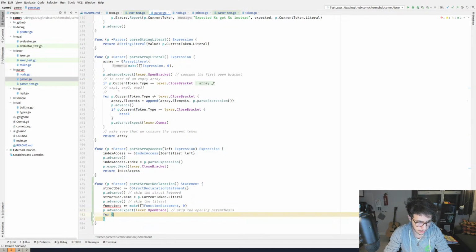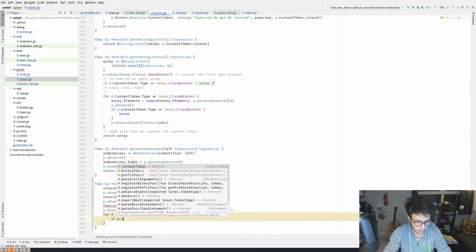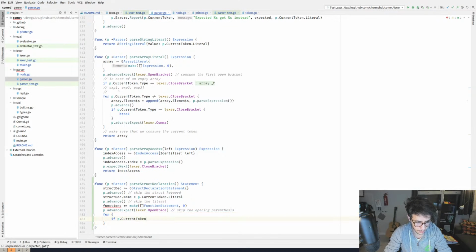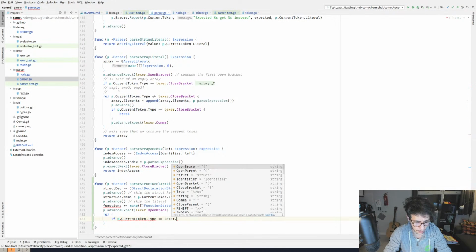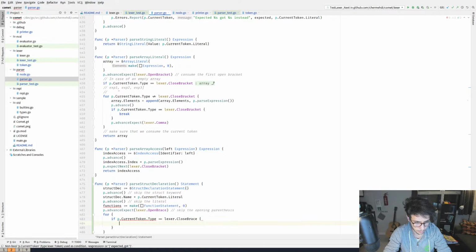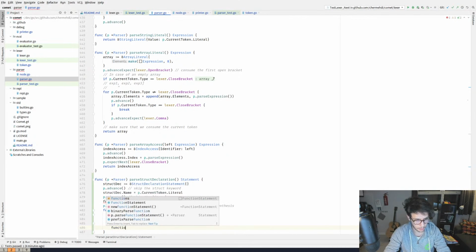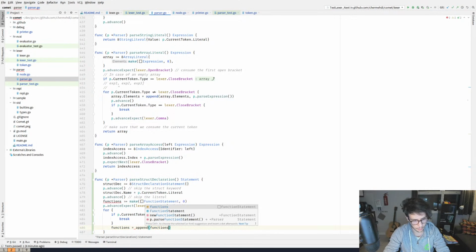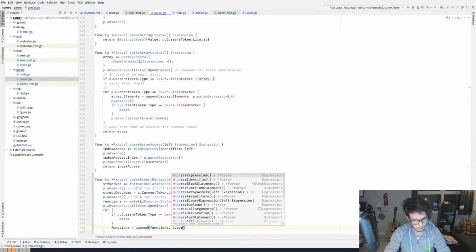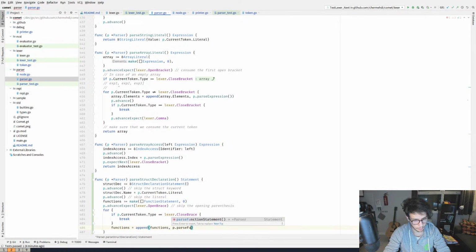And while it's not, if p dot current token dot type is close brace, break, otherwise functions equals append functions and p dot parse function statement.